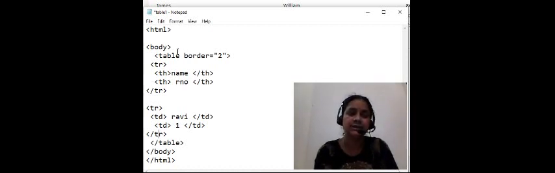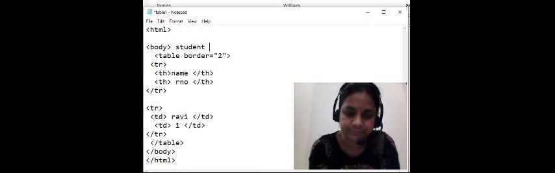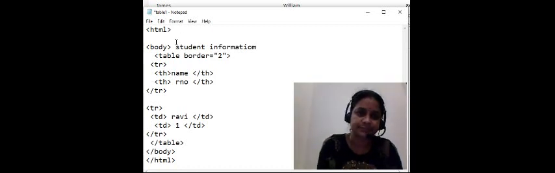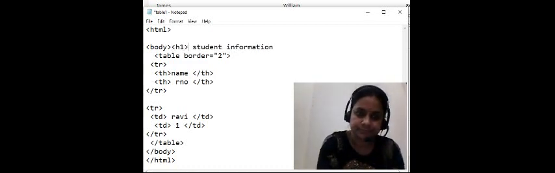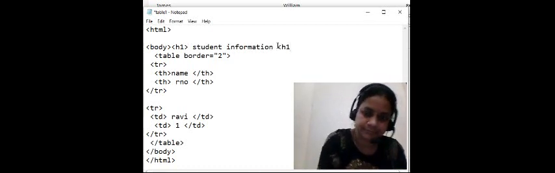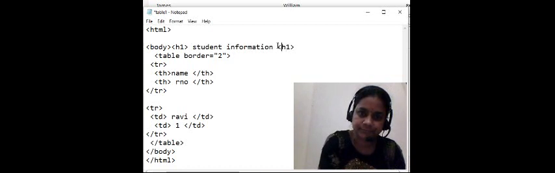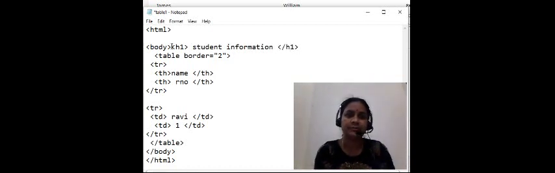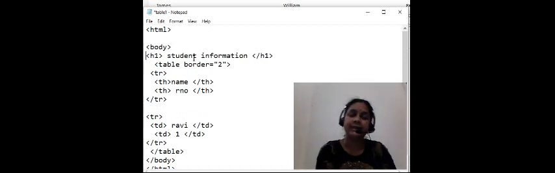And next here I am using heading. In the heading I am writing here student information. I am saving the file and let us see the output here.